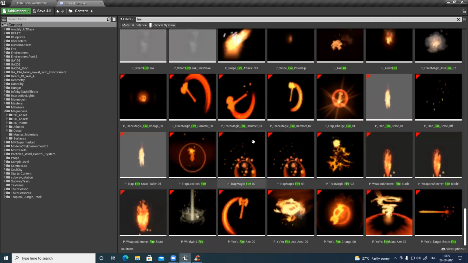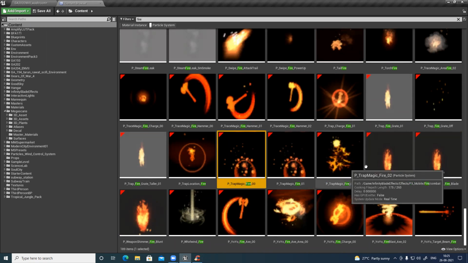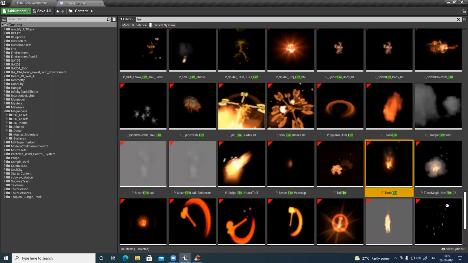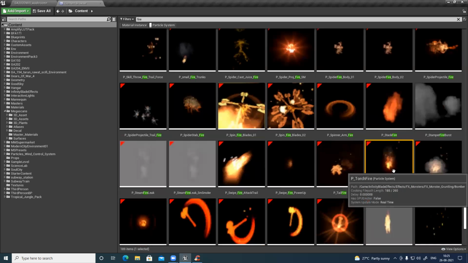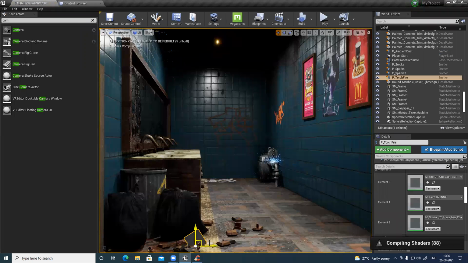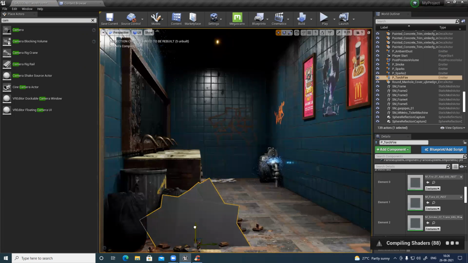Fire. Torch and all, you can see, nice fire. Compile.